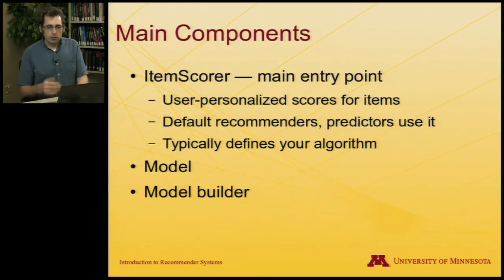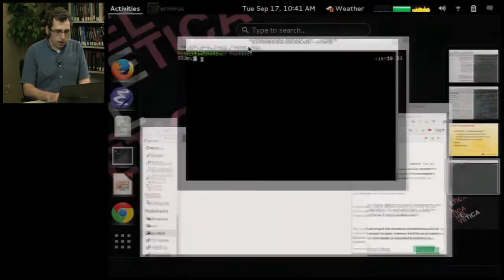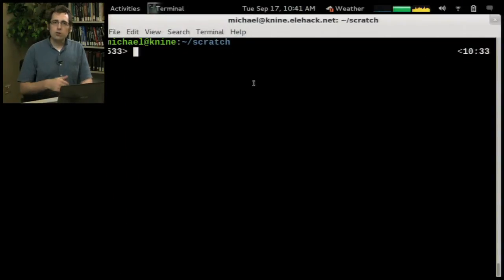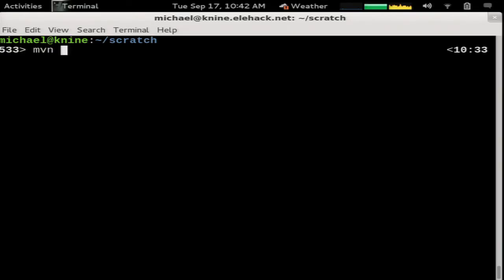So let's look at how this code works out in practice. I'm going to start by using the Maven archetype to create a new project. And you can do this from your IDE, from Eclipse or from IntelliJ, but I'm going to do it from the command line, and then I will import the project into IntelliJ. So to generate a new project with an archetype using the command line, the command is mvn, which is the main Maven command,